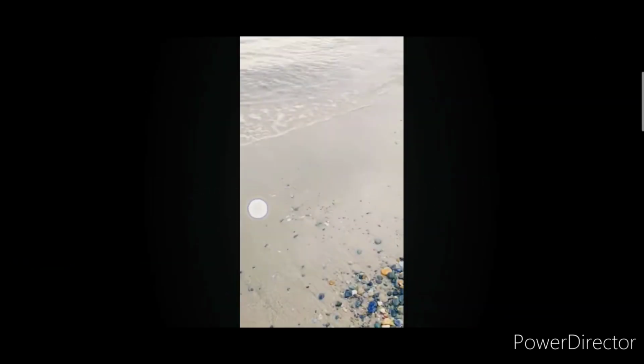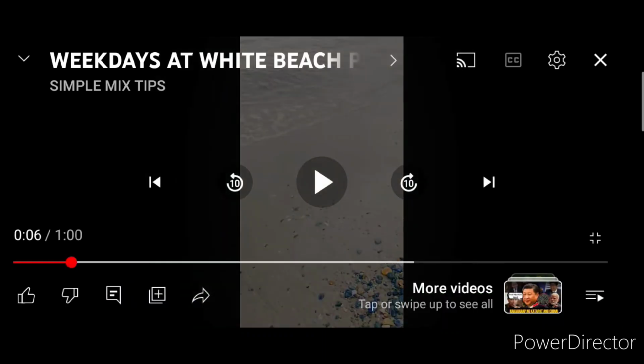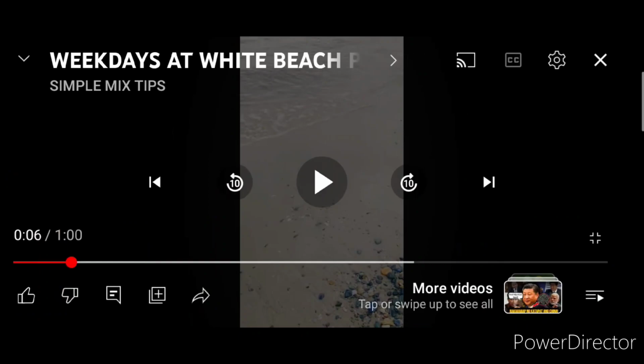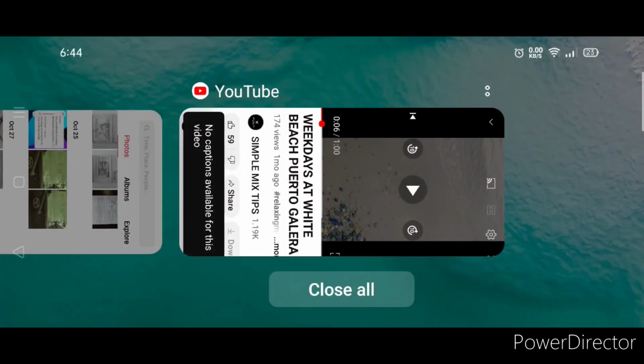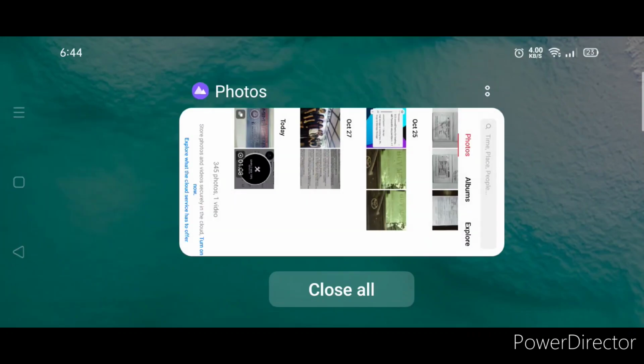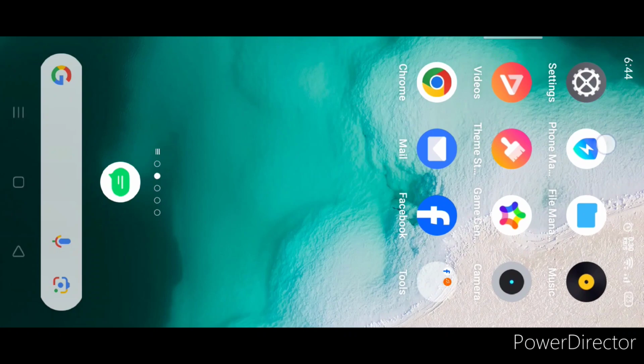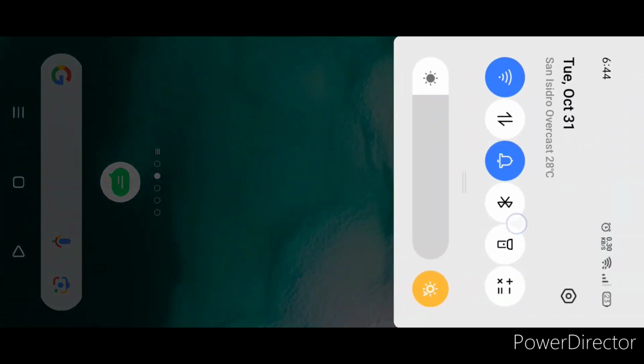So guys, if you want to find where the screen recording is, go to your setting at the top of your cell phone, drag it down guys, go to the setting. I will just clear this and then drag it down, go to the setting, drag it down, and look for